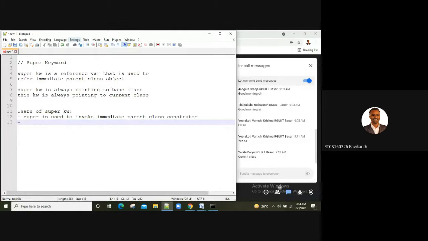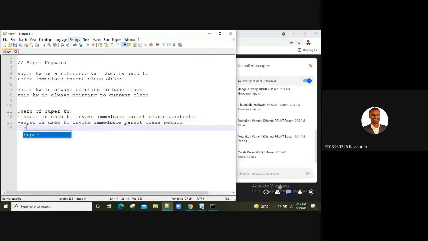Next, super is used to invoke the immediate parent class method.